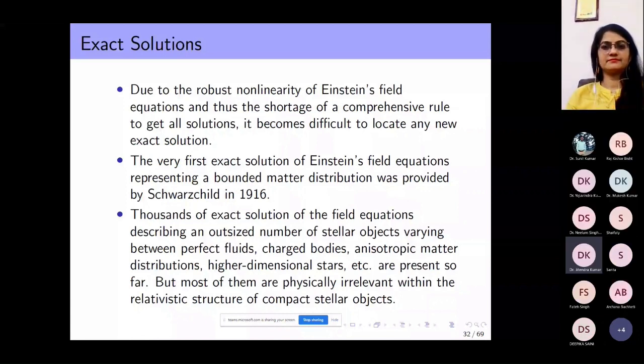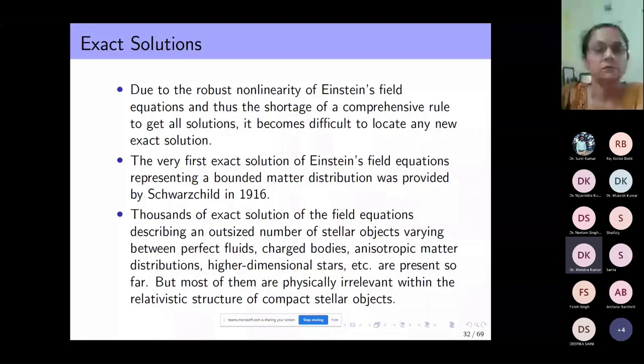Most of the time, to solve these we use similarity transformation methods, because ultimately the Einstein field equations turn into partial differential equations or ordinary differential equations. By using the similarity transformation method, we reduce the partial differential equation into ordinary differential equations. The ordinary differential equation will again be highly nonlinear, so we apply the similarity transformation again to reduce the order, and then we try to find the solution of the Einstein field equations. In another approach, we can find